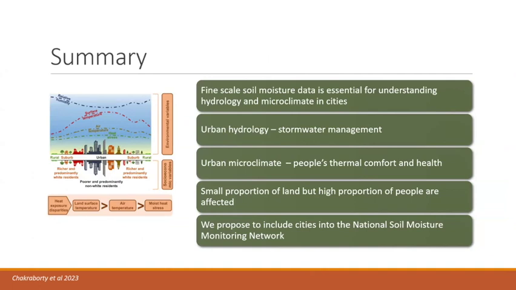while we understand that the urban land cover is very small in proportion to all the agriculture and forested lands that most of you are familiar with, the number of people who are actually affected by those conditions are disproportionately larger. And many of those residents live in underserved, low-income communities with very little power of doing something about extreme conditions, such as heat wave, for instance, that we hear a lot about. And for these reasons and for others, we think it would be a good idea to include the urban landscape, at least some cities, into this national soil moisture monitoring network.